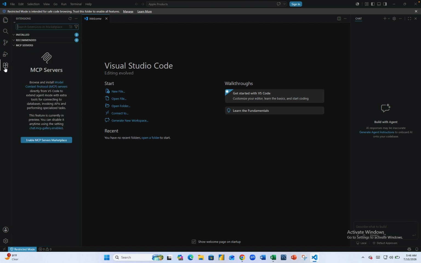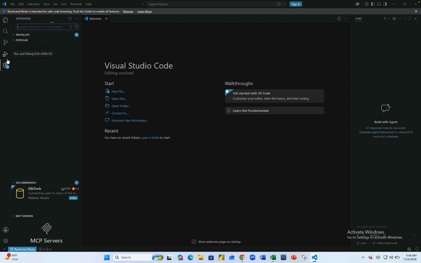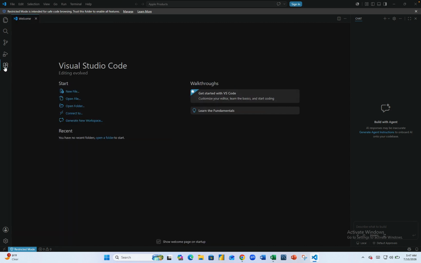Now this is extension. This enables us to use more software that we have in our system and want to run here on Visual Studio Code, like SQL. We can just use extension. Extension enables us to download plugins and use them for more work. So since you want to be running SQL in Visual Studio Code, all you need to do is go to extension and search for